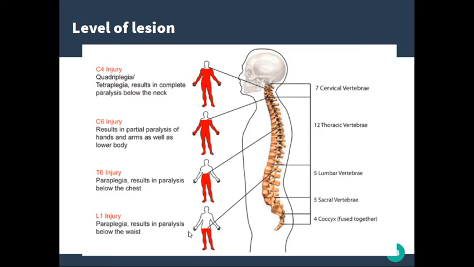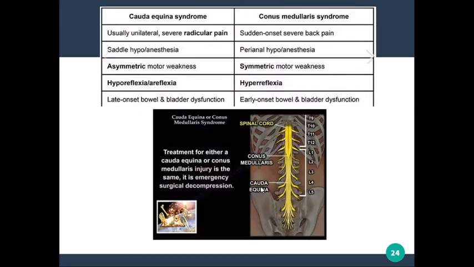So if we have a lesion in the cervical spine, we're going to probably get a quadriplegia. If it is in the thoracic spine, we're going to probably get a paraplegia below the chest. And in the lower lumbar area, we're going to get a paraplegia below the waist. Now, we have syndromes which affect specifically the spinal cord. These syndromes must be differentiated from each other because of the severity. So the two syndromes which are usually present and usually affect the spinal cord include the Cauda equina syndrome